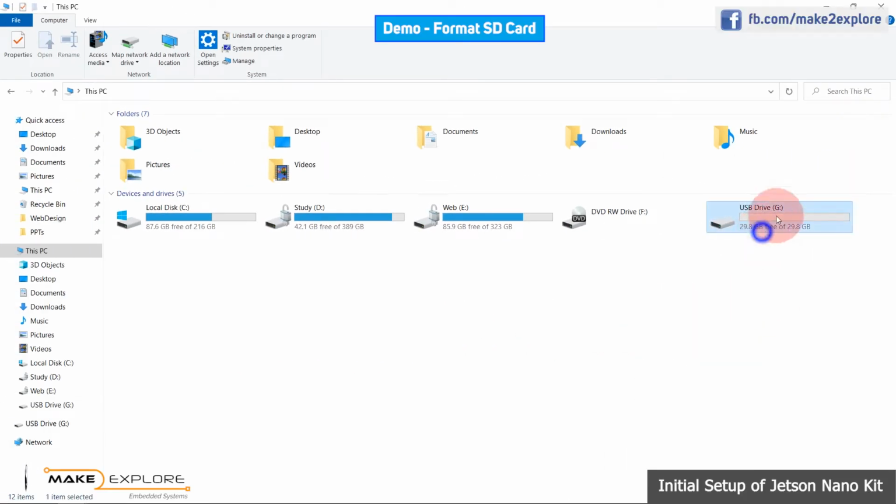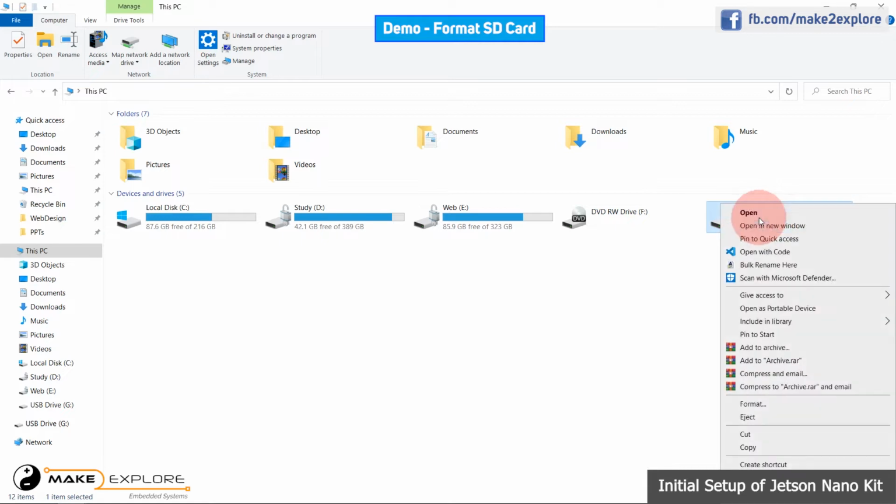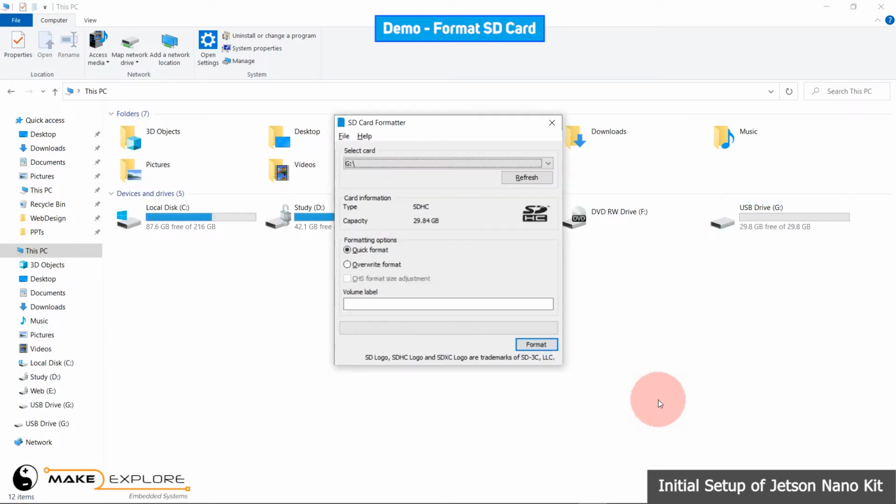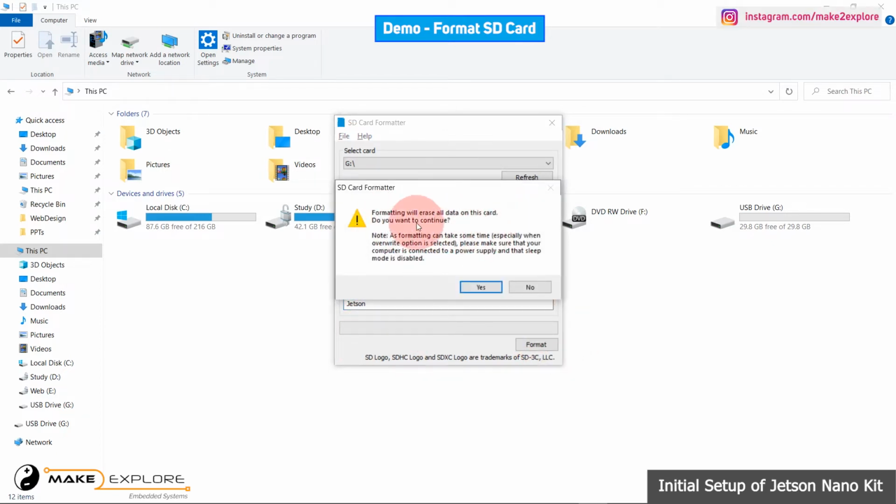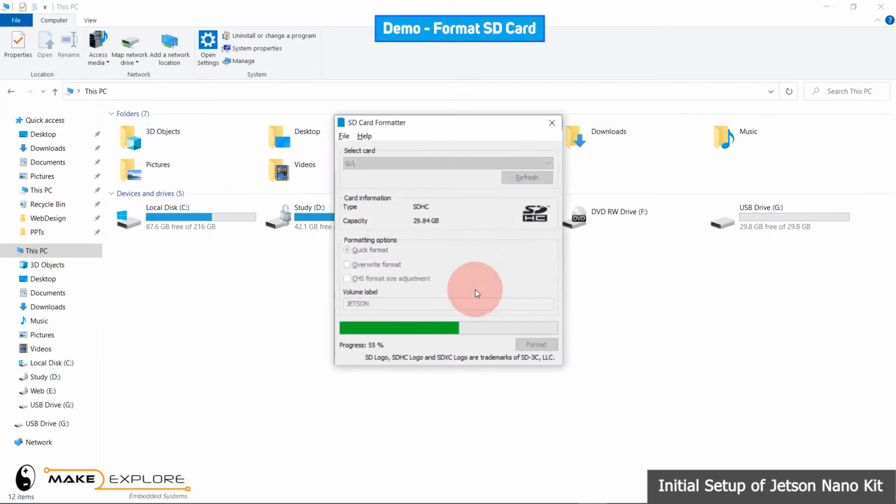Now, let's see the demo. Let's first prepare the SD card for Jetson Nano. Here is File Explorer in Windows. You can see here, we have connected a 32 GB micro SD card drive, which we have to format first. Do not use the Windows default formatter. Use this SD Association's SD formatter. Please make sure to select the correct drive, otherwise if you format the wrong drive then data will be permanently lost.